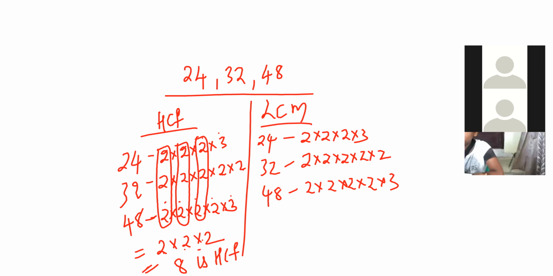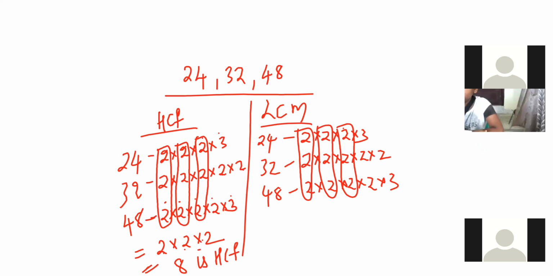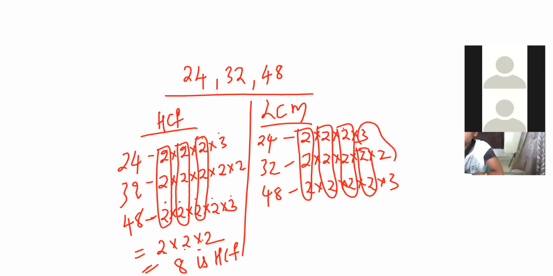Okay. But when we come to LCM, let us first circle the common factors here. And after that, if you find any common factors for two numbers also, you circle them. After that, make it as one only while multiplying. And here you can see this 3 and this 3 as common, right? Make it as one number while multiplying.